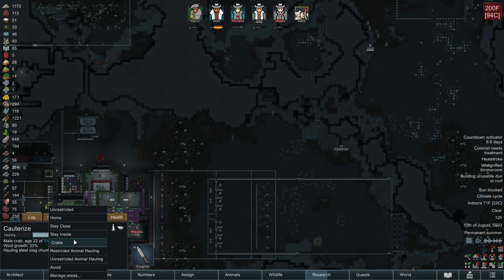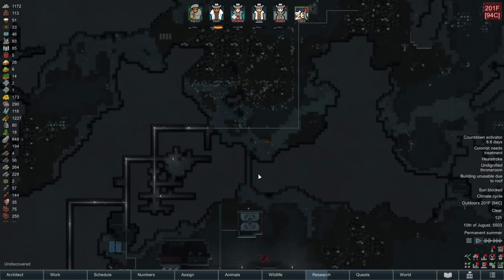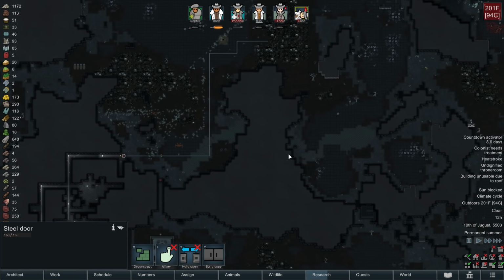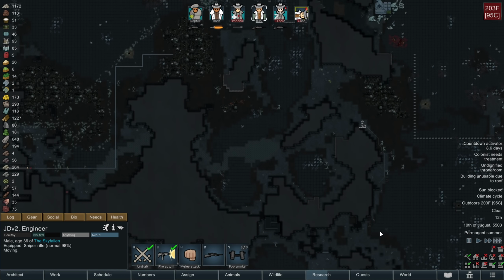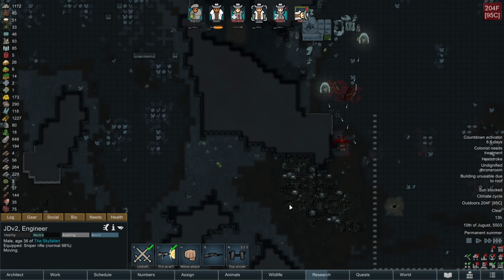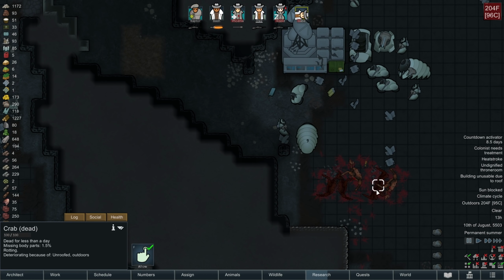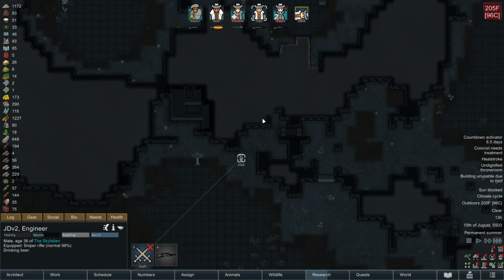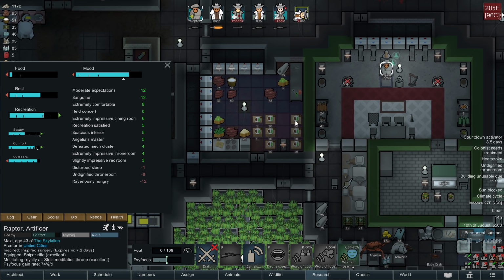All right, so Cauterize, I'm going to have you go to Crab Zone, and then everybody else, I'm going to just forbid the doors. I don't want to necessarily restrict them entirely, but I want to make it a little bit more difficult for them to get into danger. All right, JD, go to cover. And these crabs have done their duty. So next up, it's going to be up to Raptor,